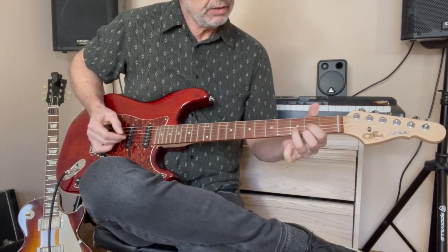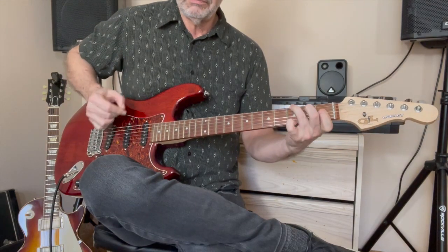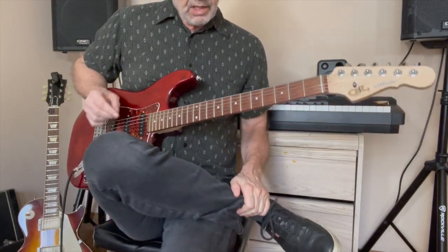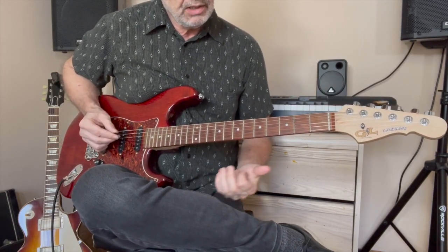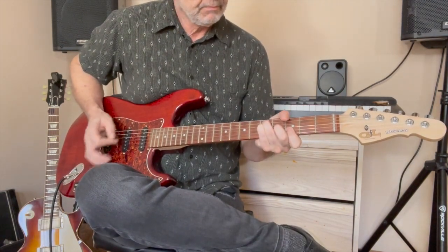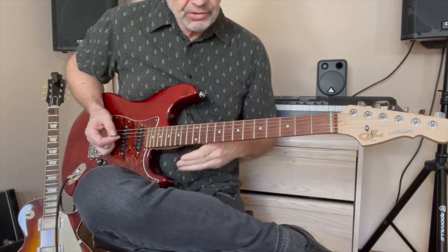Then you go to a D chord, and then D minor, ending up with a G. Okay, and then it's back into the verse again. And then after 2 of those, there's that harpsichord thing, and it starts off on the bridge again. I think that's all the parts to the song,